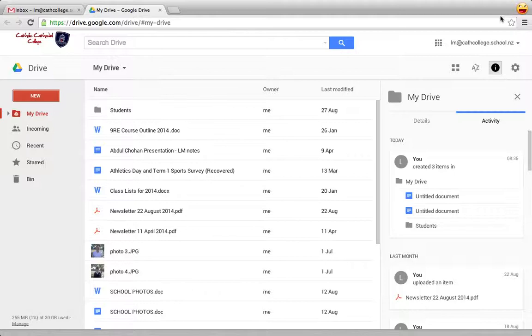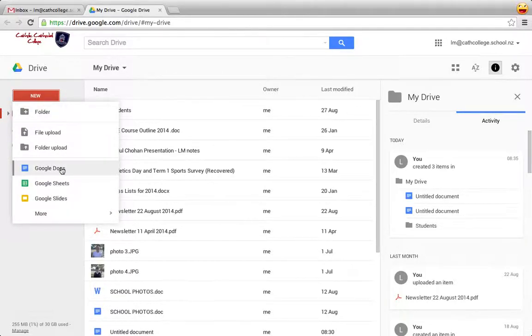Okay, this morning I am going to show you how to create new documents within Google Drive. So what I have open at the moment is my personal drive. You'll see my email address is at the top so I know where I am. And all I need to do to create a new document is come and click on the red button here that says New, scroll down to Google Docs, and what it will do for me is create a document